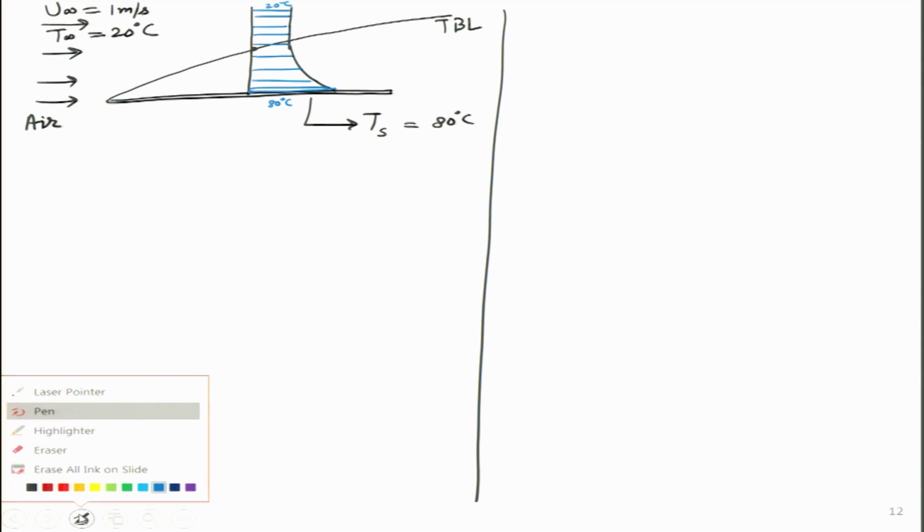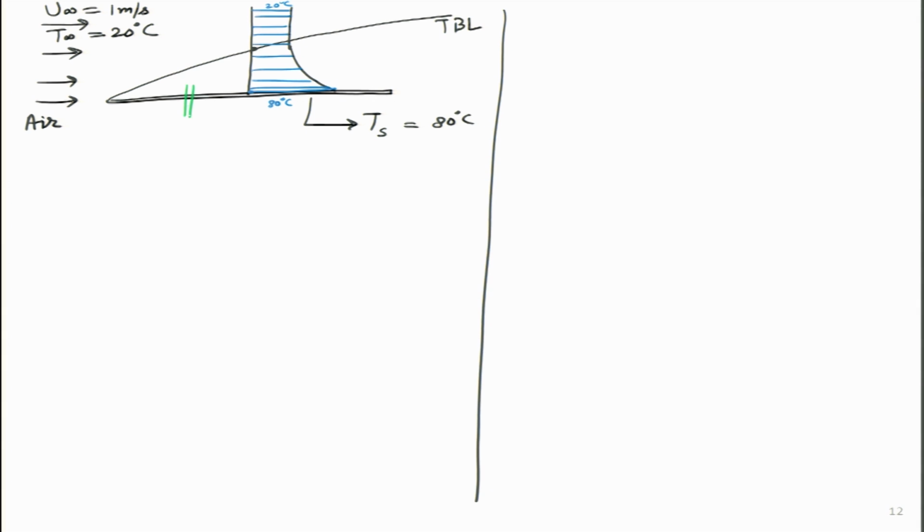So, our question that we want to solve is: what is the overall value of Q dot L for the L length for this particular plate? I am going to assume the plate length is L, and what is known to us are the values of Nu x and h x. So, how do I calculate Q dot from here? I will have to do some simple integration. I will say Q dot L is simply the integral of dQ dot for the particular length L.